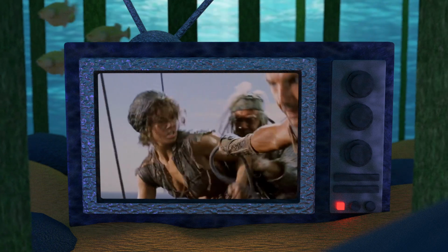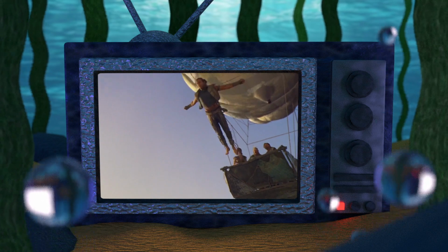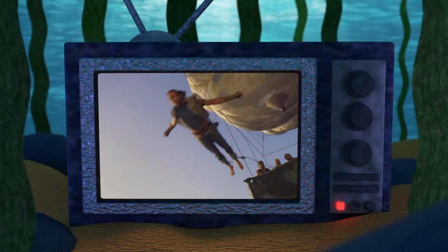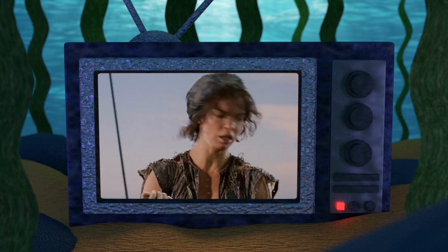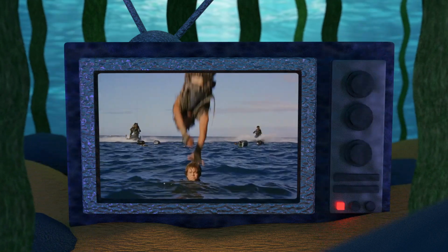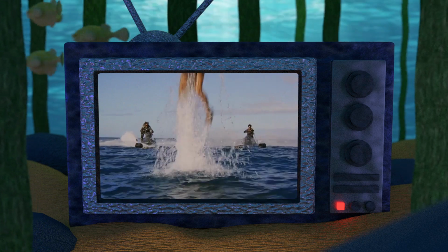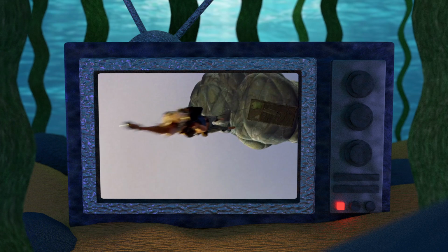tie it off. He then, without a second of hesitation, leaps from the dirigible, plunging down towards his friend stranded in the water below. Helen, realizing the moment unfolding, springs into action, quickly tying off the other end of the cord just as the Mariner hits the bottom of his fall. The rubber cord stretches back as the Mariner snags Enola from the water and both go flying back into the